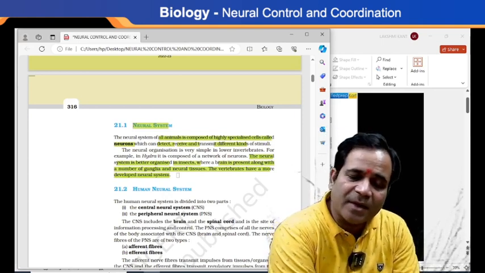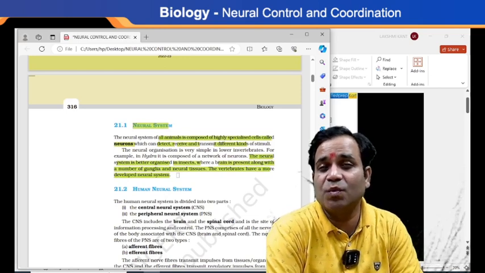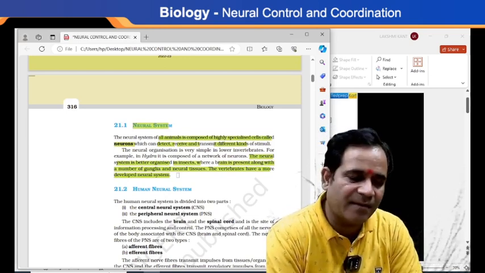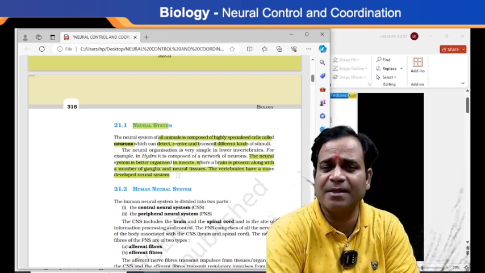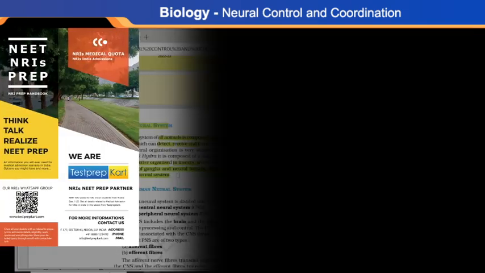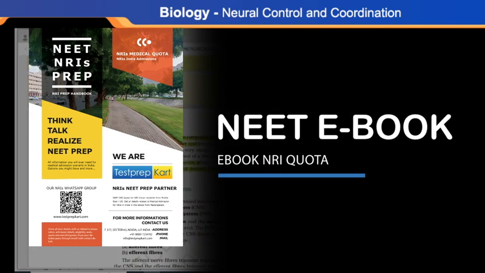See what I'm saying? Whatever the nervous system, they classified into how many parts? Two. One is central, second one is peripheral. Now the question is here, sir, when we say the central nervous system, when we say the peripheral nervous system, during the nervous system, my dear, I'm going to tell you about it.